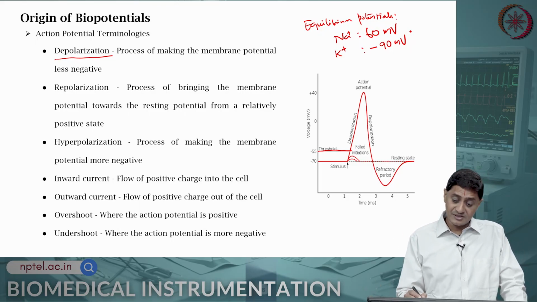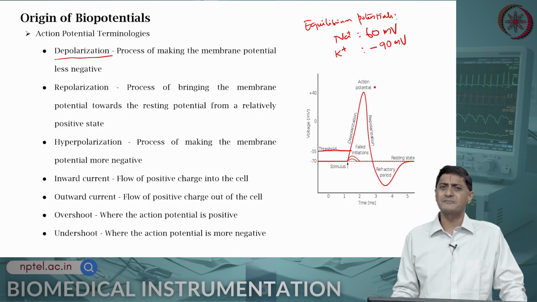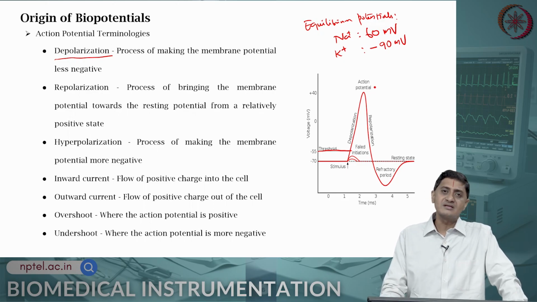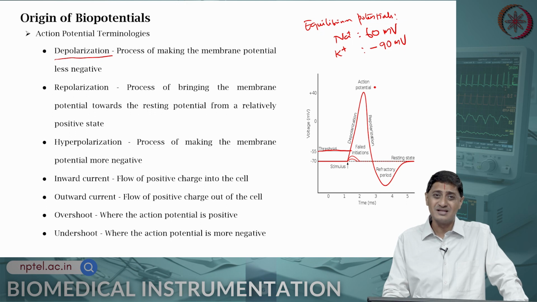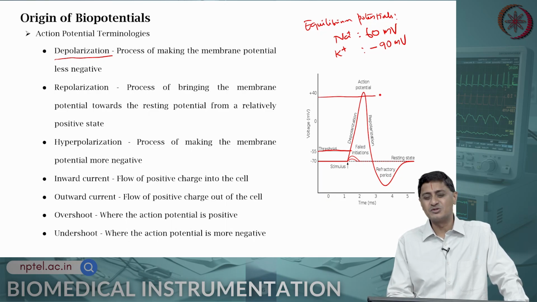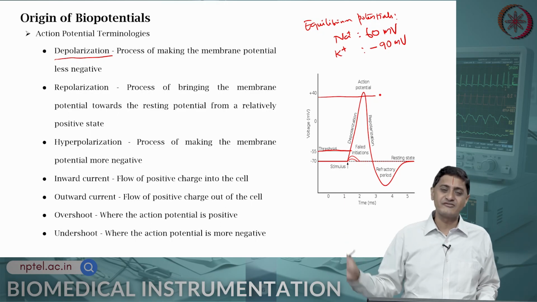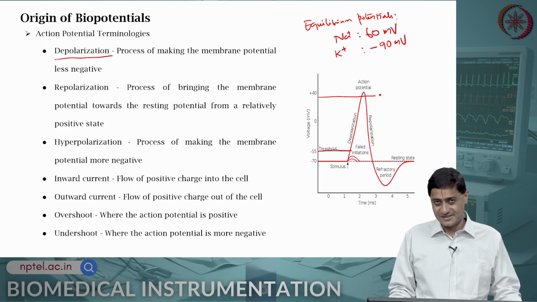So, that depolarization takes the membrane potential to a value very close to the sodium equilibrium potential, but it does not reach there, because at that point something else happens, that is the opening of the voltage gated potassium channels, leading to an efflux of potassium. When this value is reached, about plus 20 millivolts, plus 30 millivolts, plus 10 millivolts onwards,